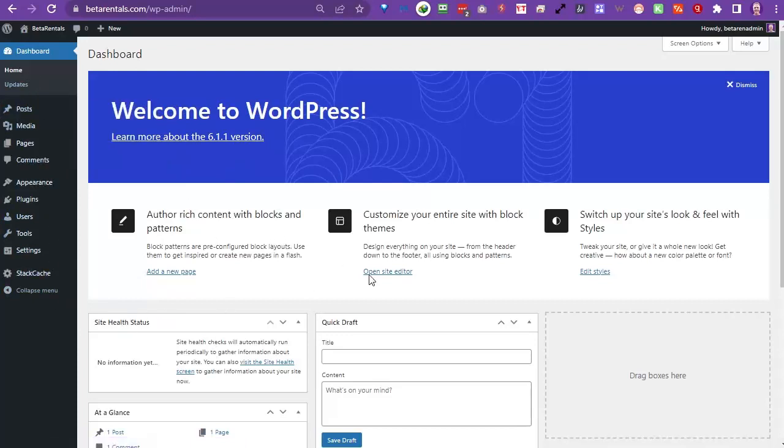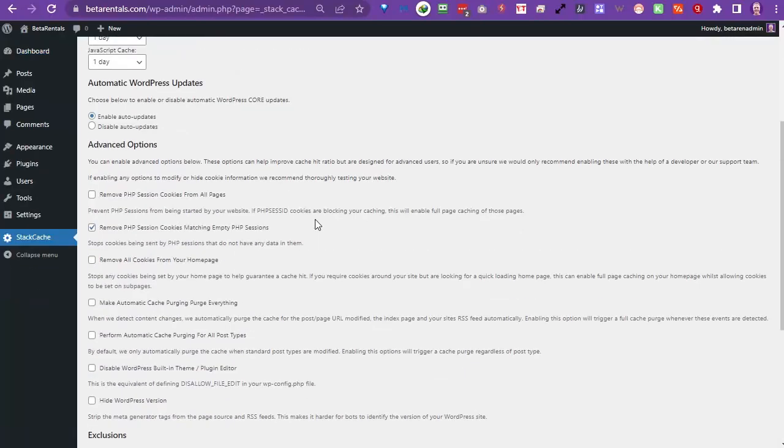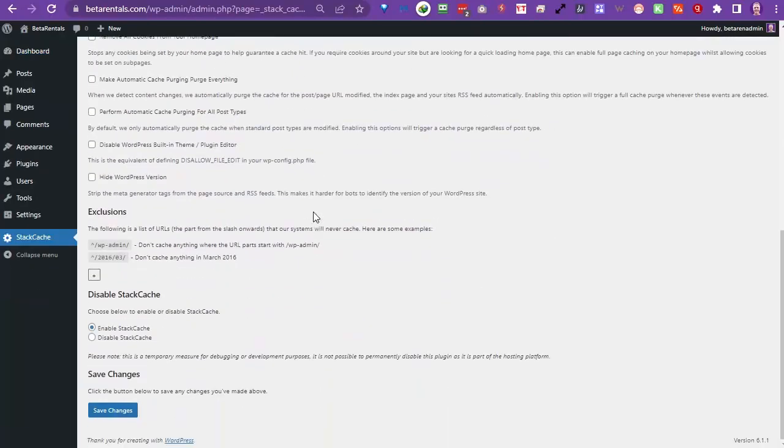And we continue with the things that you should do on the site before you install the theme, in this case the WebPrimo Plus theme, and that has to do with the Stack Cache. The Stack Cache plugin is a special plugin provided by our hosting company 20i, which takes care of the cache and the CDN. And here is one thing I always recommend to do, and that is to copy this address,